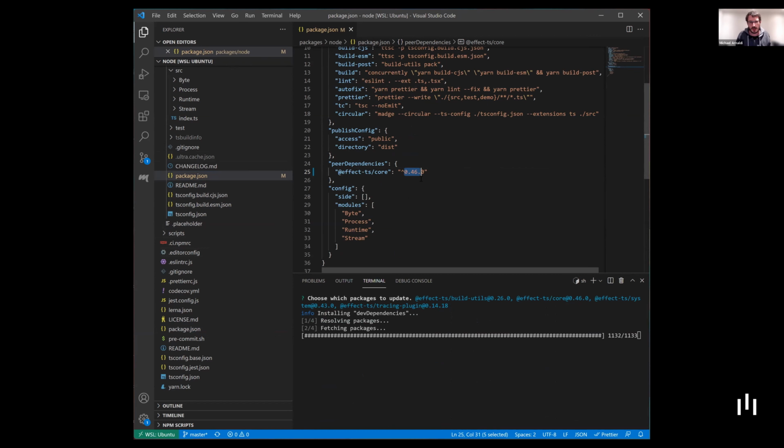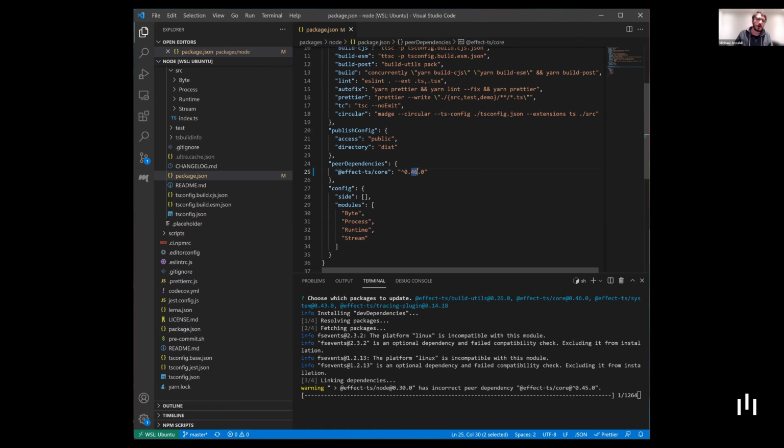Effect's API hasn't yet been declared stable, 1.0. So up until we have a 1.0 release, you should expect breaking changes on minors and features on patches. When we get to the point of declaring 1.0, any minor change will be backward compatible. But clearly we